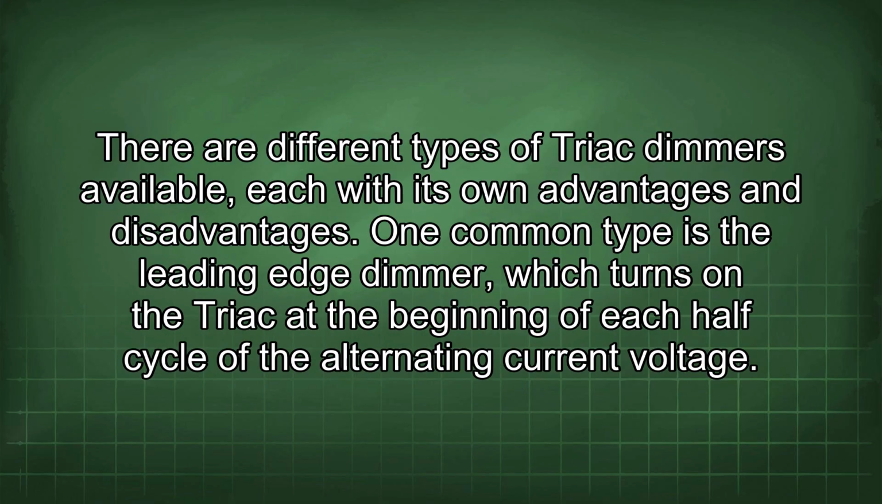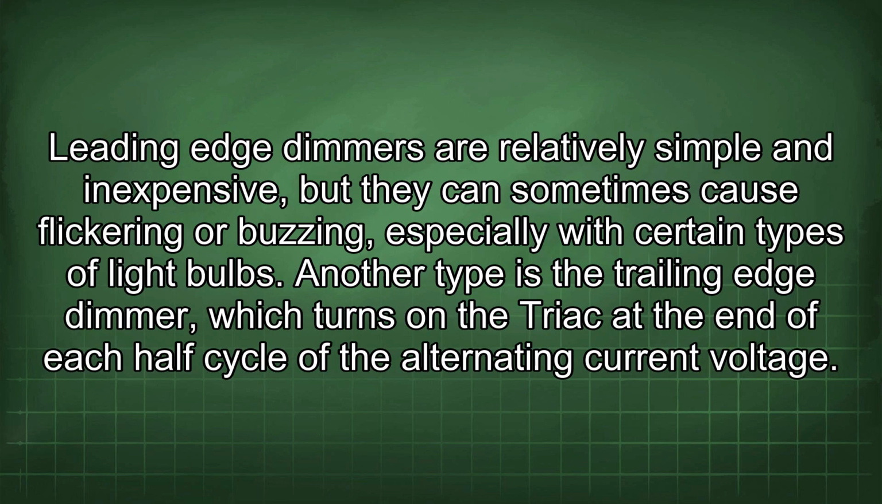There are different types of triac dimmers available, each with its own advantages and disadvantages. One common type is the leading edge dimmer, which turns on the triac at the beginning of each half cycle of the alternating current voltage. Leading edge dimmers are relatively simple and inexpensive, but they can sometimes cause flickering or buzzing, especially with certain types